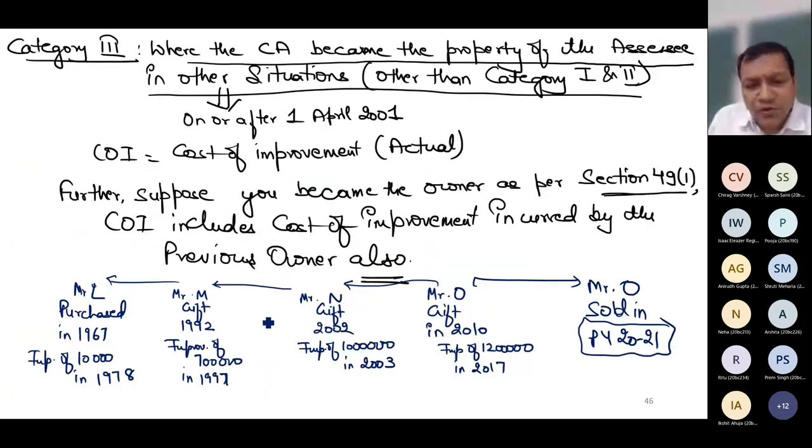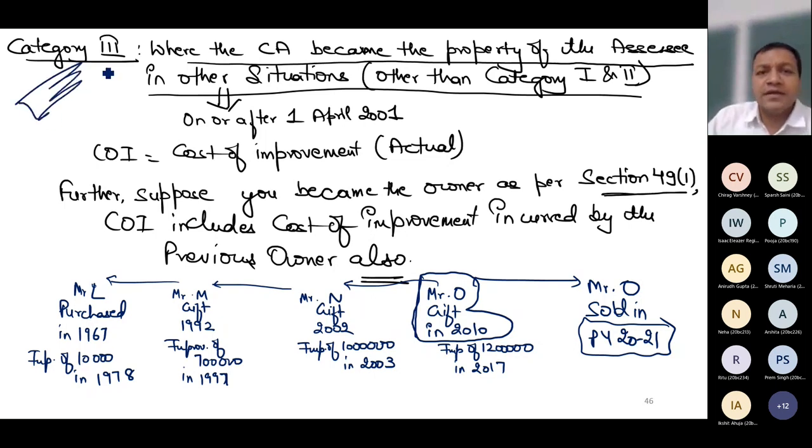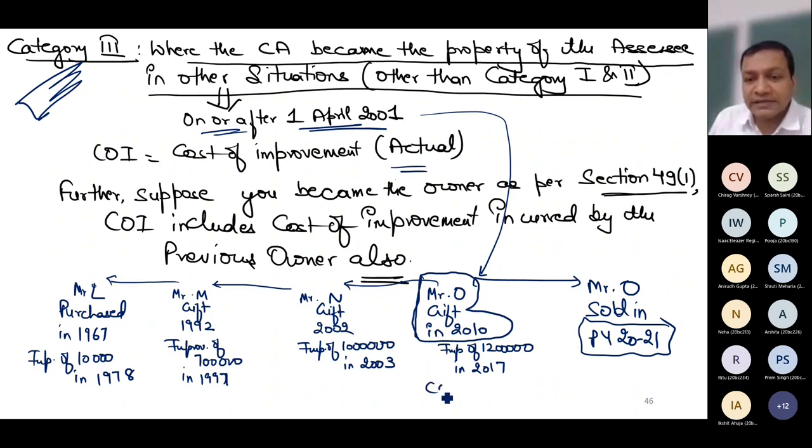No, I became the owner on or after 1st April 2001, in 2010. So I am not covered in category number 2. By default, I have only this residuary category left, when I became the owner because of another situation, which means on or after 1st April 2001. So what is the cost of improvement? Actual cost. What is the COI in my example? 12 lakh